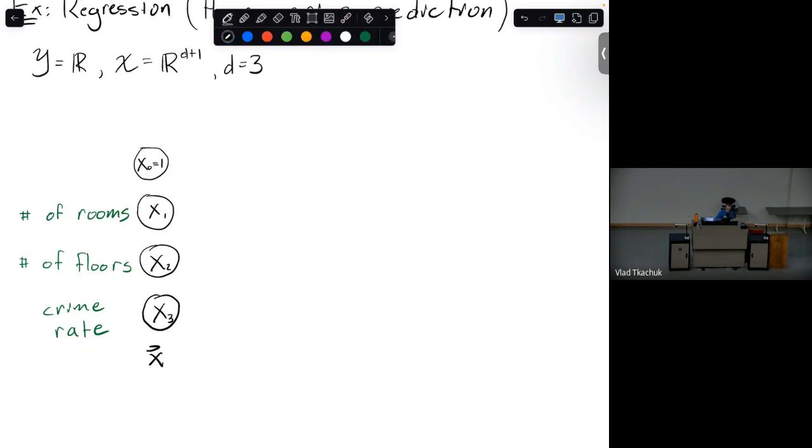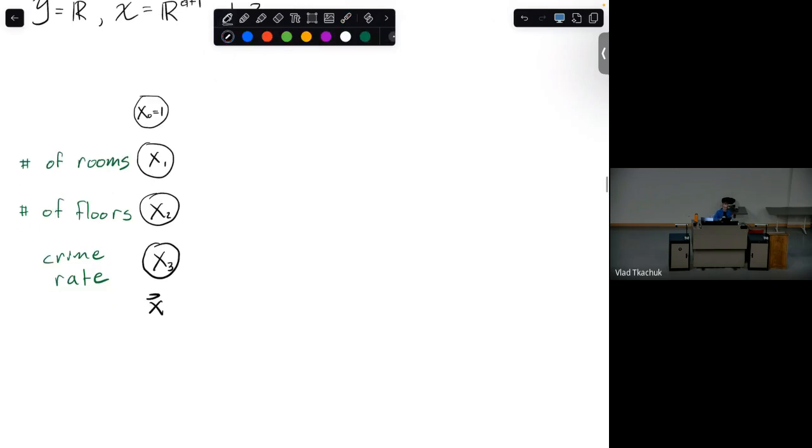Okay. So here is the high-level intuition of what might happen. Maybe you as a human look at this and you're trying to predict house prices. Maybe you're first going to look at some of this information, such as the crime rate, and then decide, okay, this gives me some understanding of the quality of schools around this house.